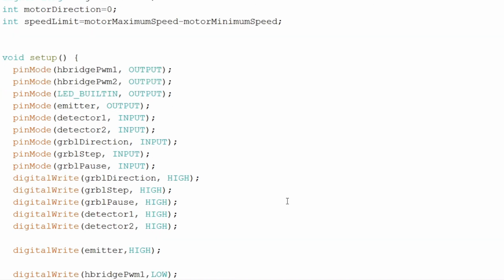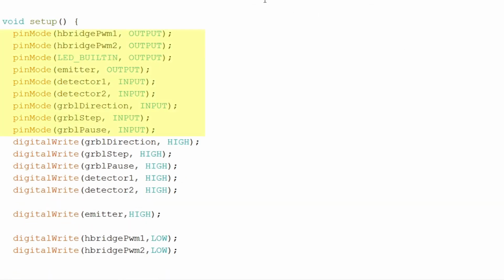Next, we come to the setup function. This function is run once when the board first starts and is usually used for configurations such as timers, interrupts, and pin modes. The first section of the setup function I use to set pins to input or output. The first 2 pins are used to control the H-bridge, which controls the motor. An H-bridge has 2 control pins that are used to control the direction and, through PWM, pulse width modulation, the speed of a motor. Setting these 2 pins as output allows us to send a PWM or ground state to